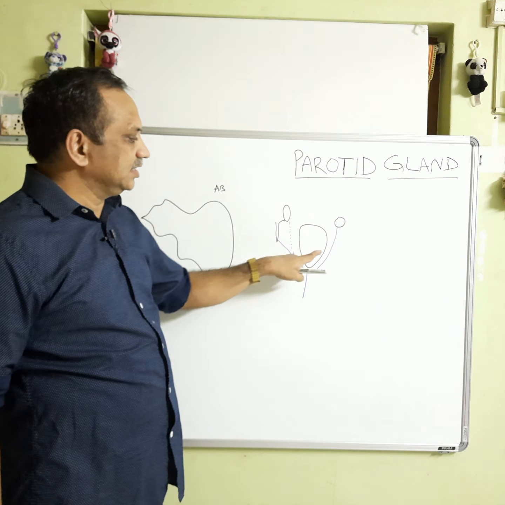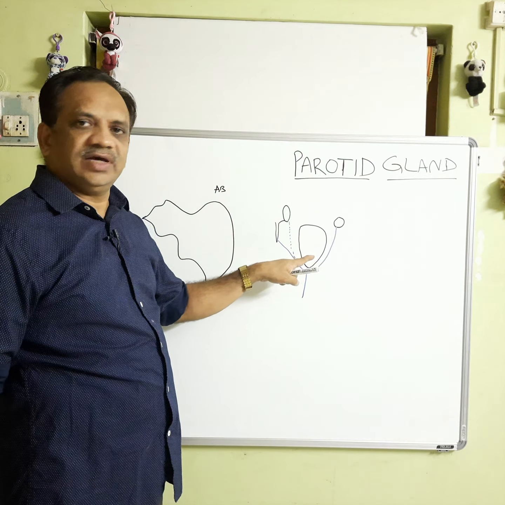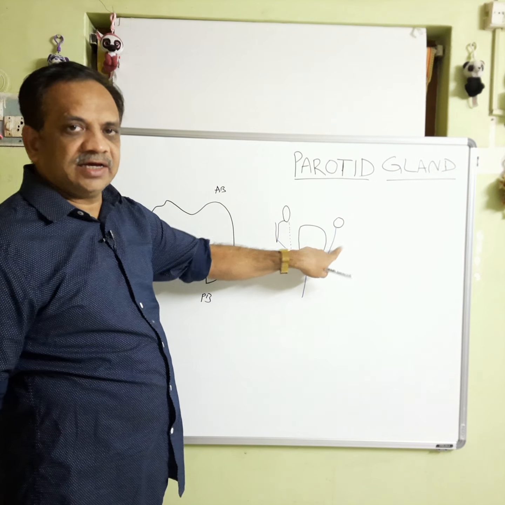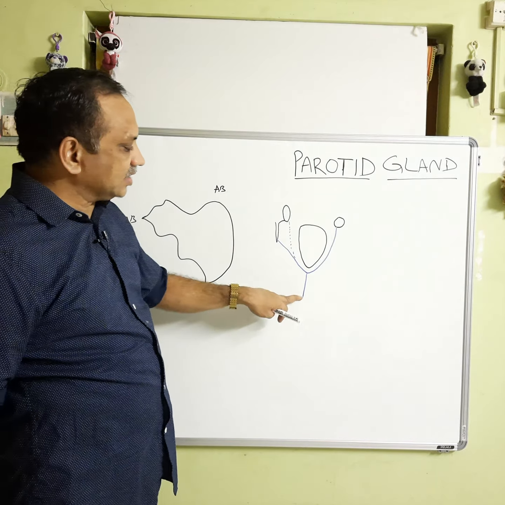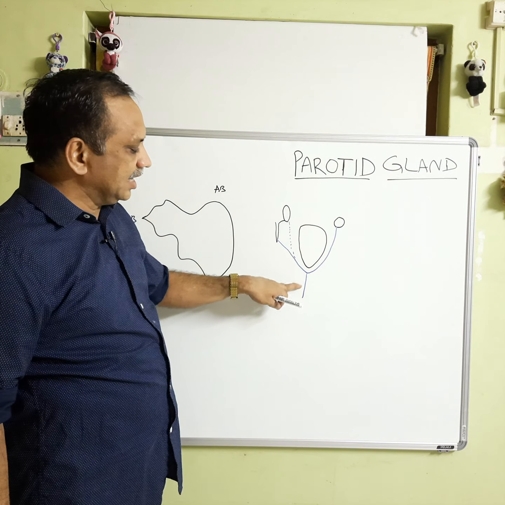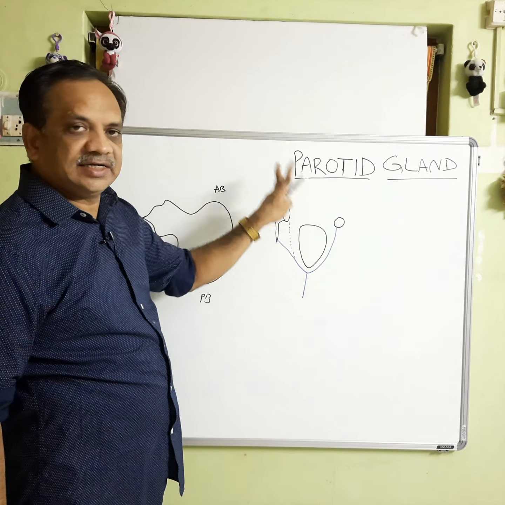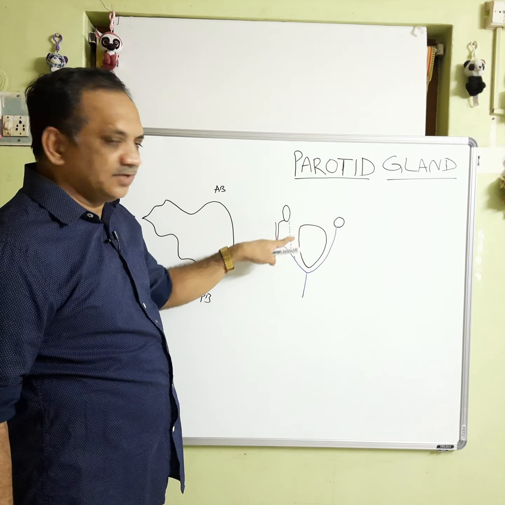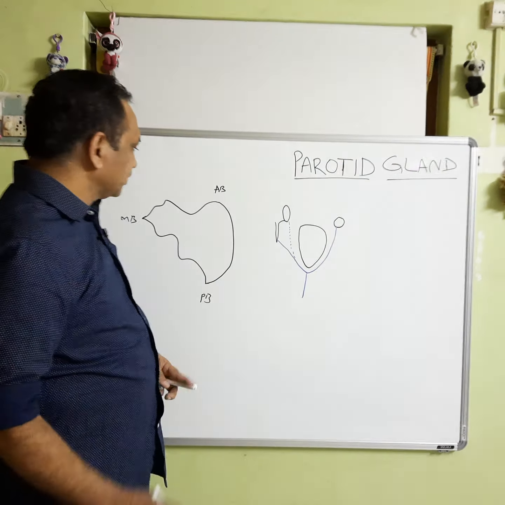So, any infection in this region causes severe pain. This is the parotidomasseteric fascia. Thus, this false capsule is formed by the deep cervical fascia which splits into 2 layers. The true layer is the condensation of the stroma of the gland.